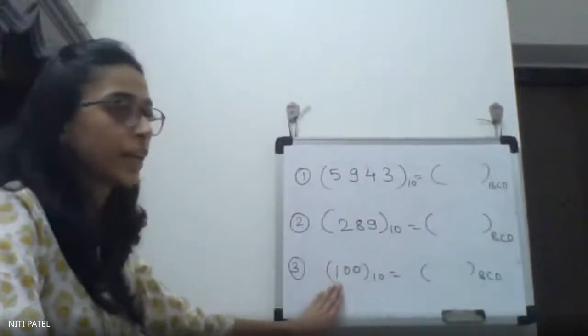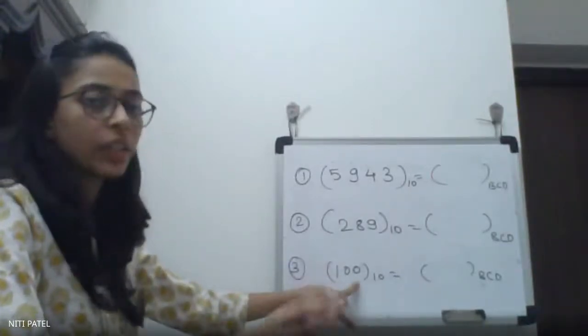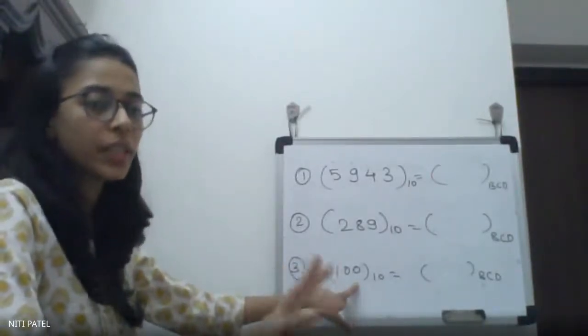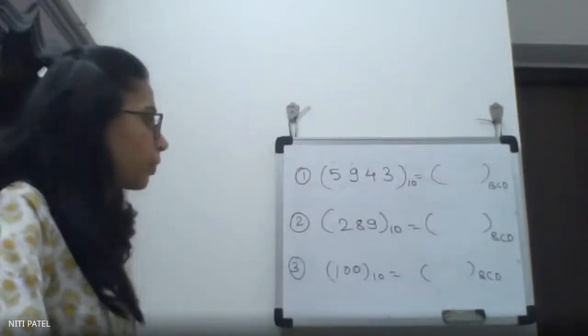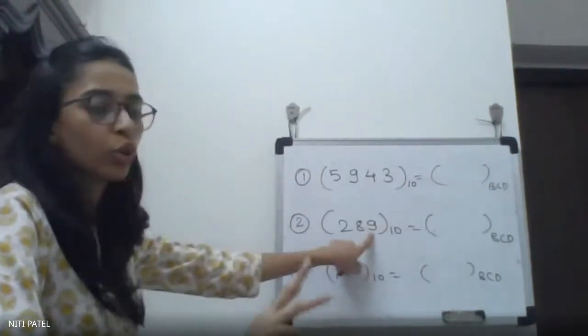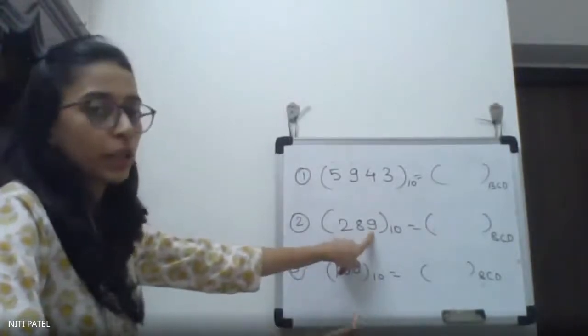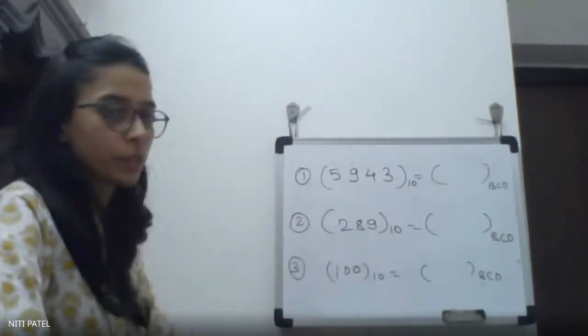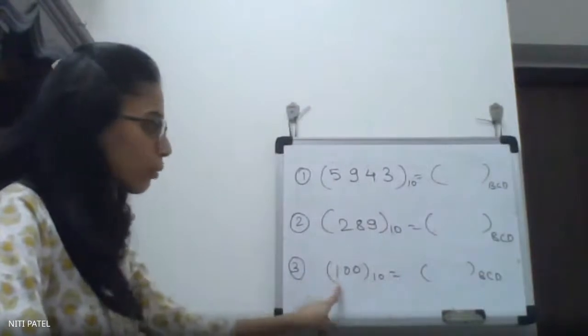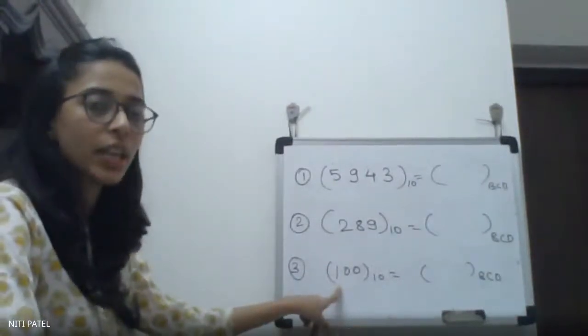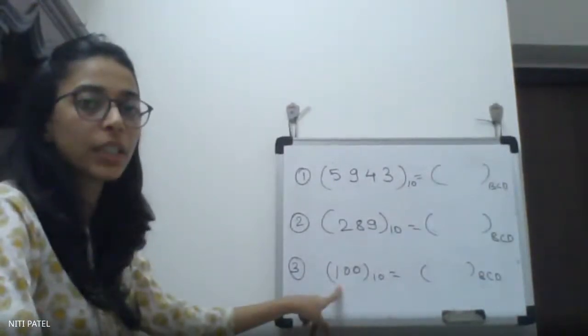And ma'am, in the last one you have to try it with 3 bits, no ma'am, because it is only 100. So that you have to decide. All the 3 digits are within 0 to 7, so you represent it in 3 bits. Again in the second, you do not have all the digits within 3 bits. One of them needs 4 bits, so you represent everything in 4 bits. So you have to look at the question first and then decide whether it has to be represented in 3 bits or 4 bits.